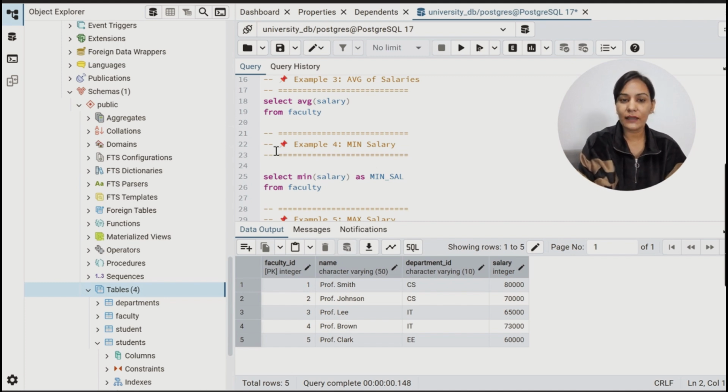One thing I just want to say: if you want to put a comment in PostgreSQL, use a double dash, two dashes, so that you can put a comment. I tried to write everything here in comments so that you can understand. For multiple-line comments, you can use a slash and asterisk symbol, and then after completing the sentence, write that again to close it.